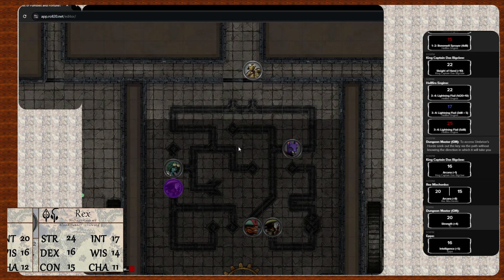Rex, you get to a T-junction. Would you like to go right or left? Right. Okay. You go right, you follow the path as best you can, you feel yourself being teleported. Damn it! You don't go back to the start. You gently feel out with your feet and you find the path is straight on in front of you. Do you wish to continue following the path or stay here? Continue following the path.